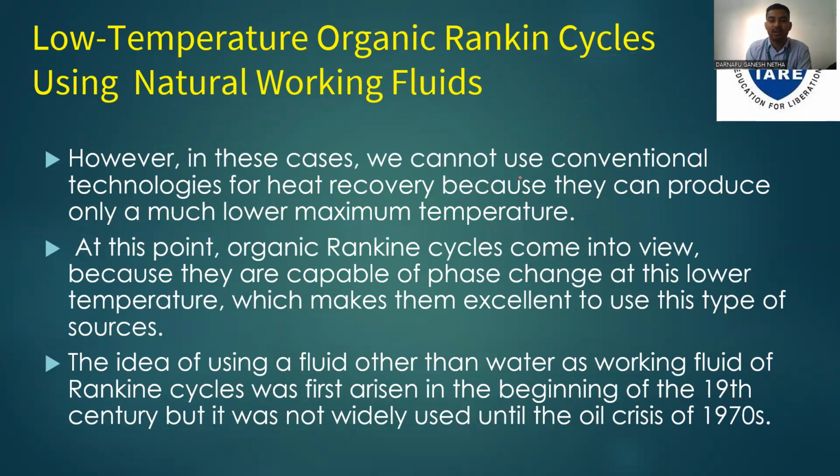However, in these cases, we cannot use conventional technologies for heat recovery because they can produce only a much lower maximum temperature. At this point, organic Rankine cycles come into view because they are capable of phase change at lower temperature, which can make excellent use of this type of sources. The idea of using a fluid other than water as the working fluid of the Rankine cycle was first proposed in the beginning of the 19th century, but it was not widely used until the oil crisis of